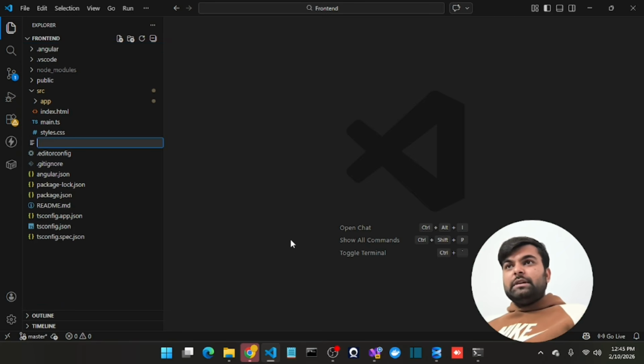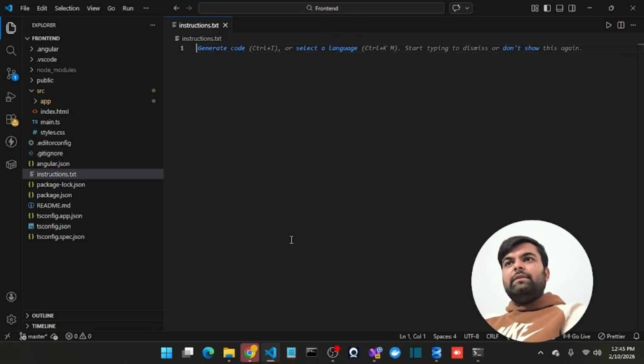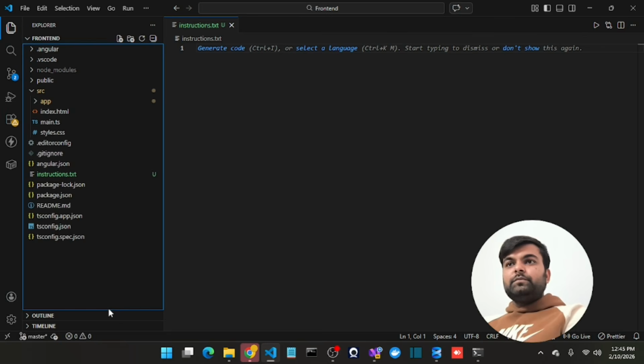First let me create the text file for you as well, demo instructions.txt. I will add the text file for you as well, or these repositories will be available for you, so that you will get to know how the